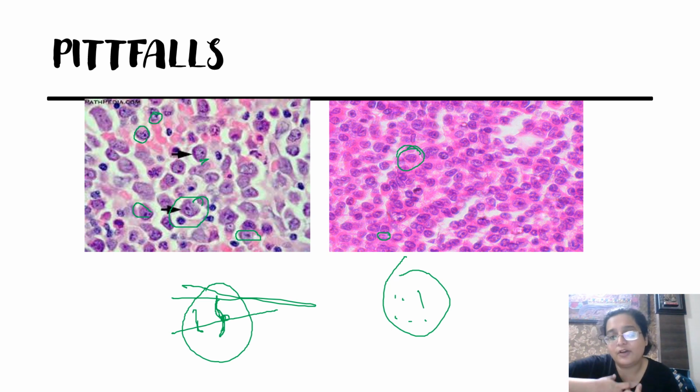And they will not be interspersed with a lot of normal cells, and most of the time they are in sheets. So you have to look at the color, you have to look at the surrounding cells, and you have to actually examine it very carefully. And slowly, there might be nuclear cleaving, clefting, cytoplasmic granules, or rods, all these things can be there. So this is something that you learn with experience, but this is one of the biggest pitfalls in bone marrow examination.